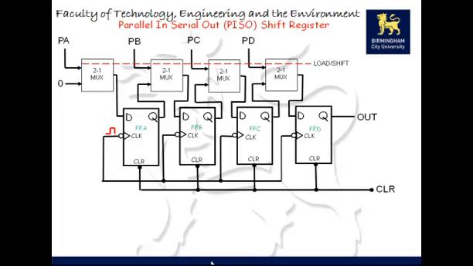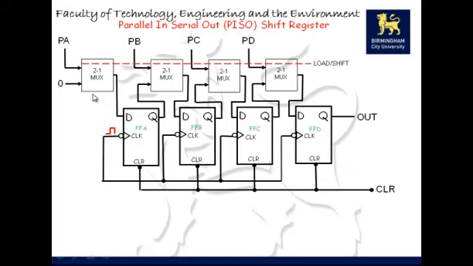So remember, load and shift in reality for this is just a select line, which controls whether the parallel input is connected to the D or whether Q is connected to D. So in order to load the parallel data, I'll call it parallel A, parallel B, parallel C, parallel D bits,